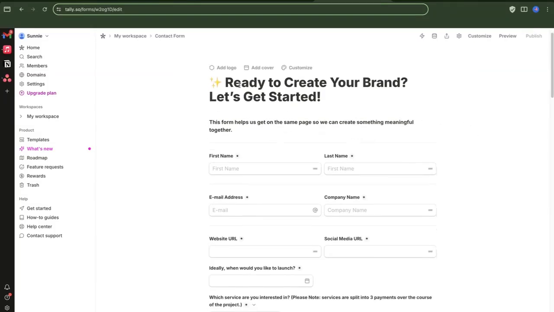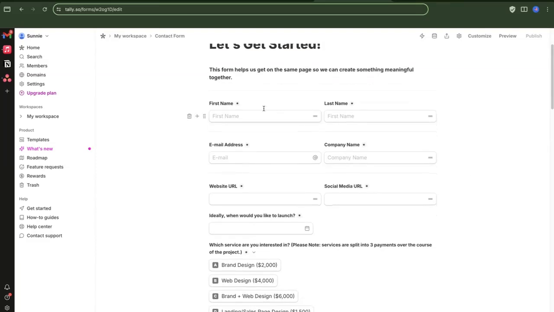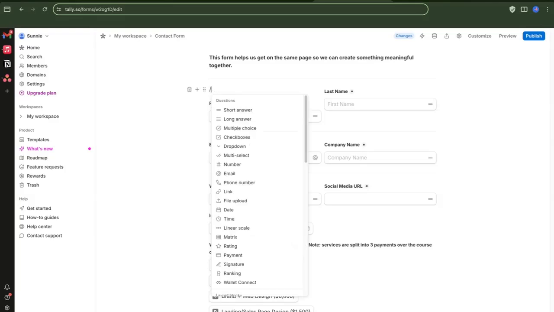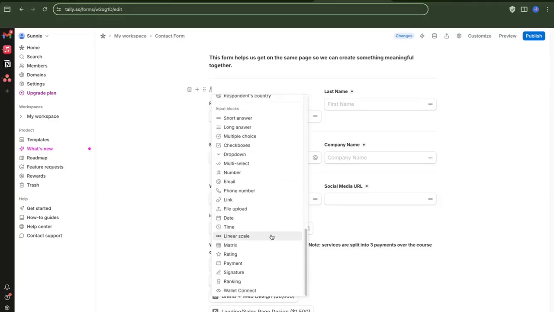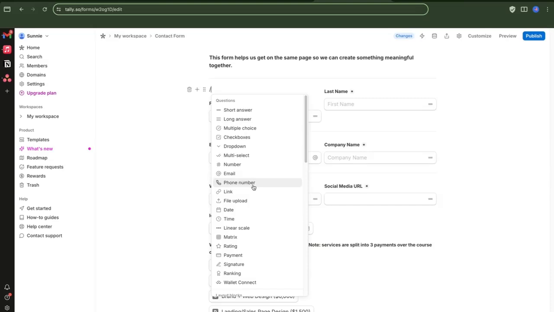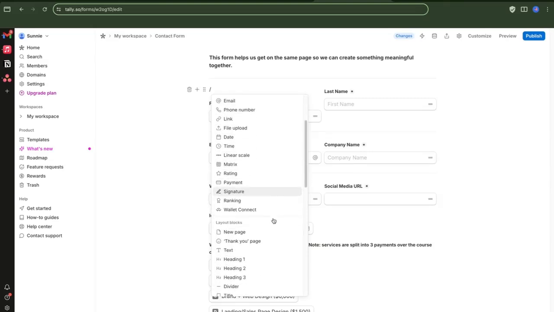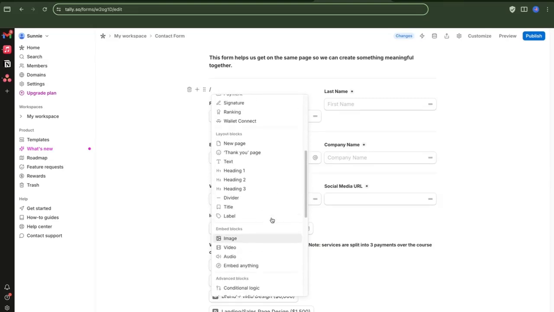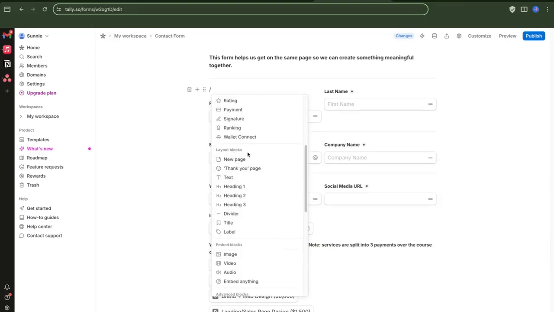Okay, so it does not show this piece, and I'm glad it doesn't, but you just literally type away. Use a backslash, and it puts in whatever you want as far as short answers, email, phone number, date, etc. Now, pay attention to the layout blocks piece, because that's where we're going to add the